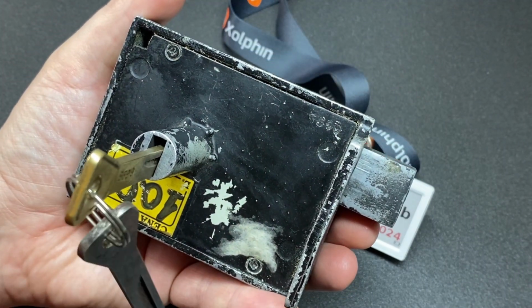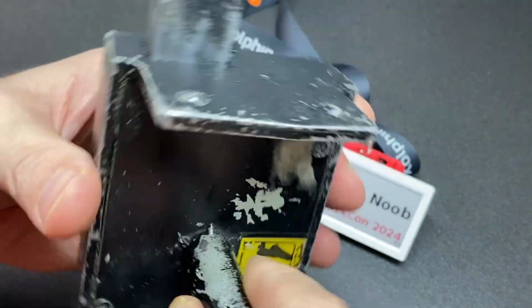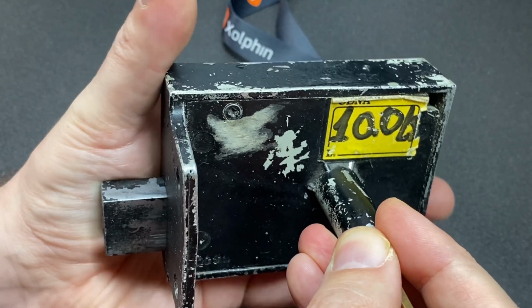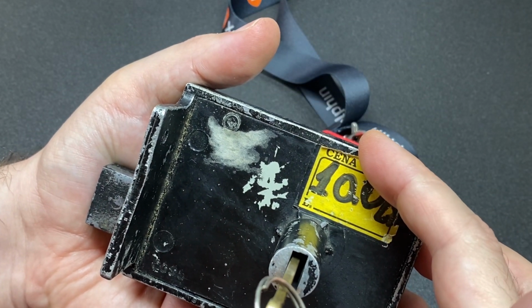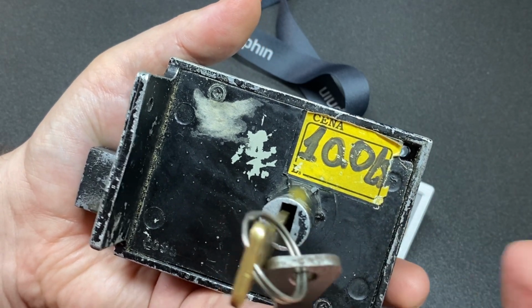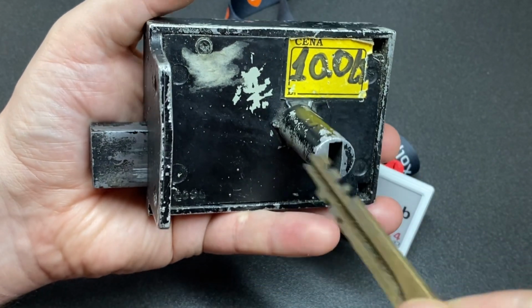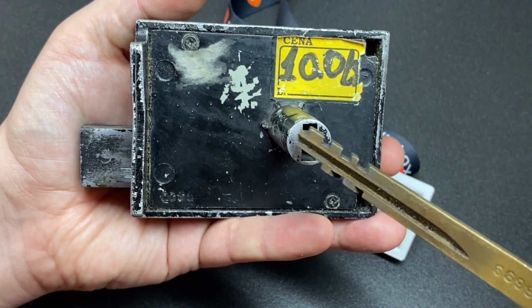This is an old Soviet lock. I don't know where from. It's possibly from the old East Germany. I don't know if this is a lock made by a company called Senna or whether this is just like a random sticker, but you may notice from the key that this is very, very odd, and that's because